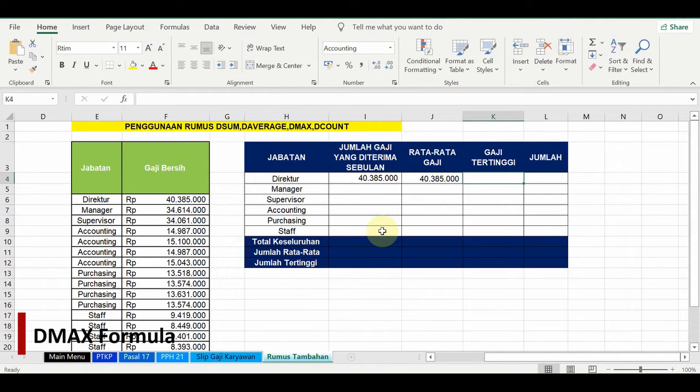Thank you. Hello, I'm Ram. I will explain about using the DMAX formula. DMAX is used to find the highest value in a data. Now, in this video, I will use the DMAX formula to find the highest salary based on position in the data. The steps: